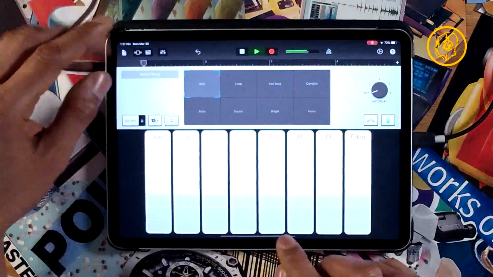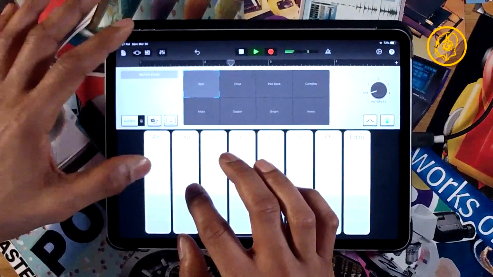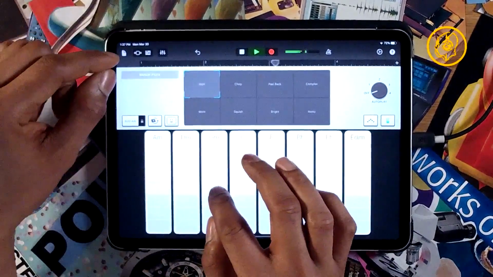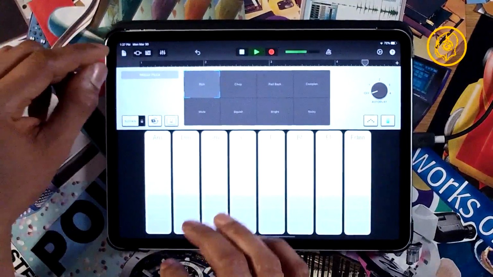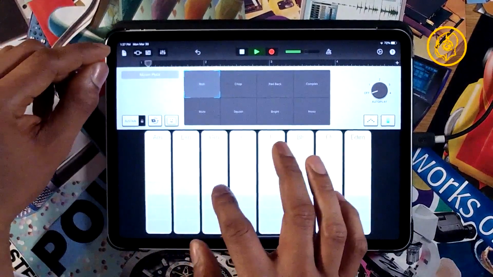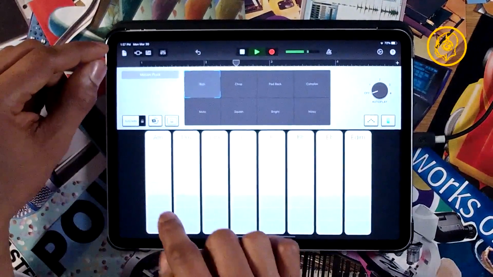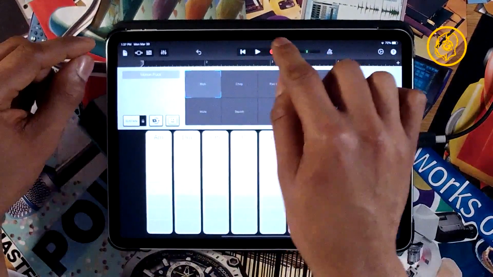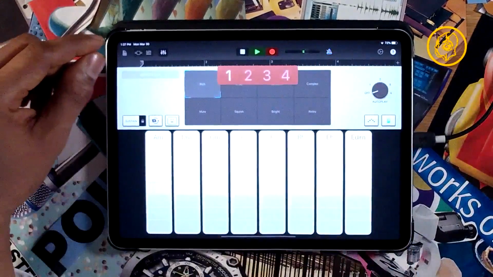Let's see what's going on. That's not the arpeggiator, but it still works for me.